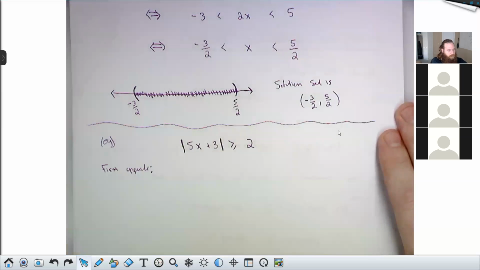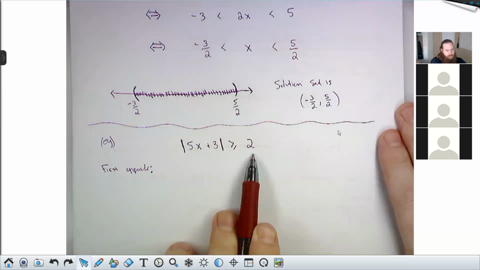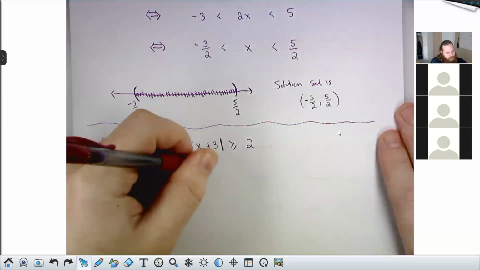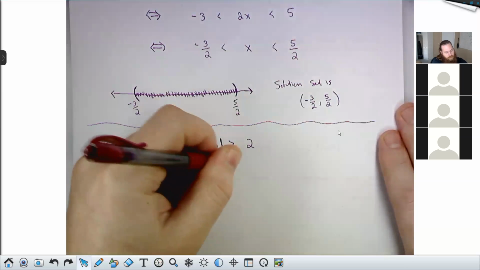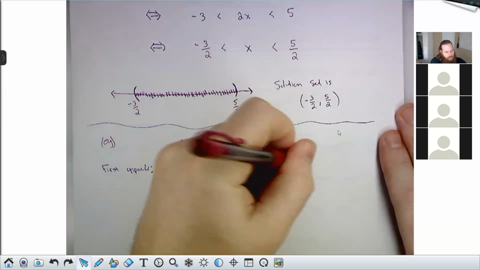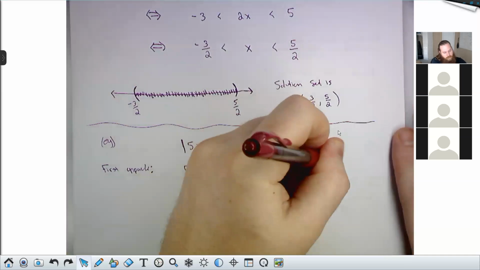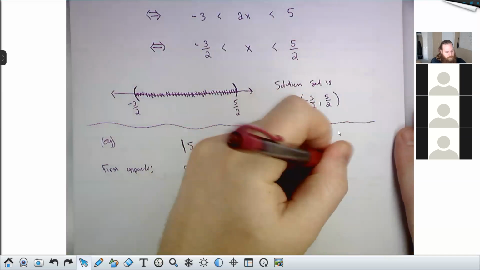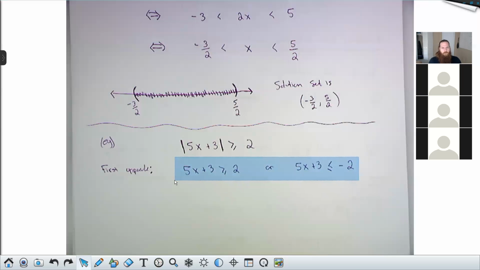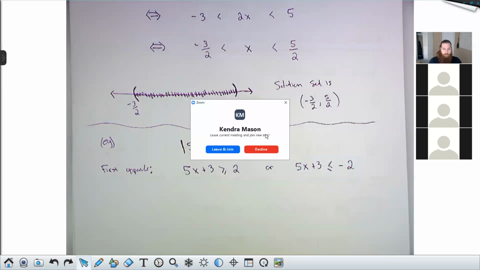So the other unpacking rule is if you've got the absolute value of some stuff is greater than a positive constant, then either that stuff is greater than that constant, or that stuff is less than the negative version of that constant. And this should make intuitive sense. If you think about what the absolute value function does,